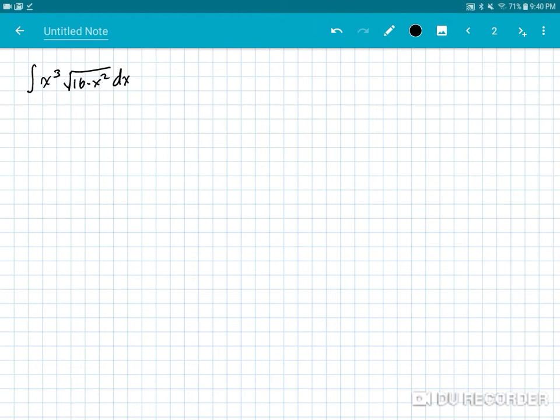Integral of x cubed times the square root of 16 minus x squared dx. We'll start by saying let x be 4 cosine theta, then dx becomes minus 4 sine theta d theta. Okay. Also, if you calculate 16 minus x squared, it gives you